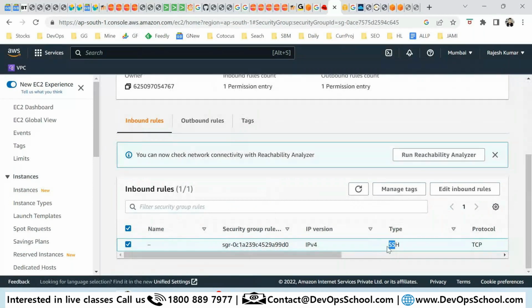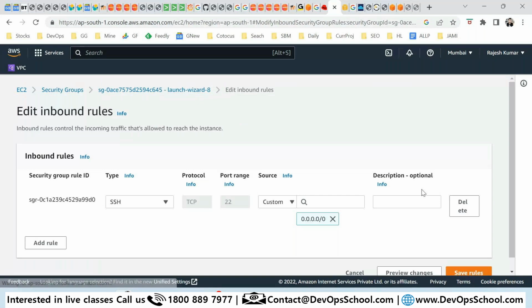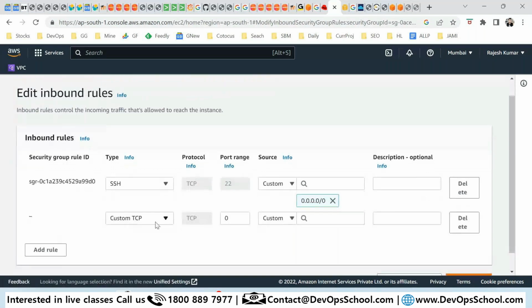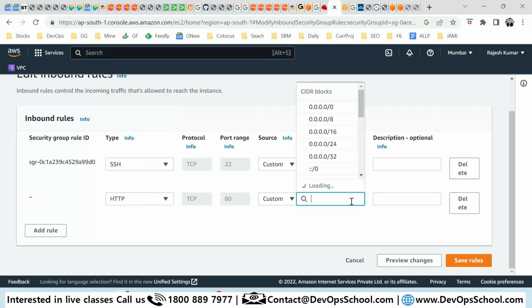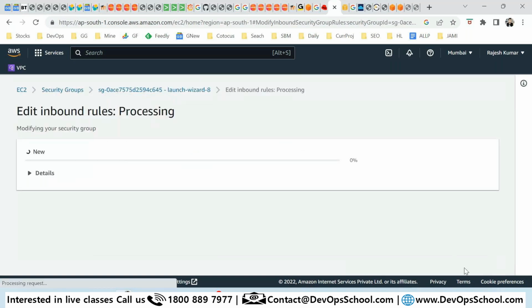Port 80 does not allow HTTP. So what to do? Edit, add rule. Here you can allow all, or only HTTP port 80, from everywhere. Save rules. And now